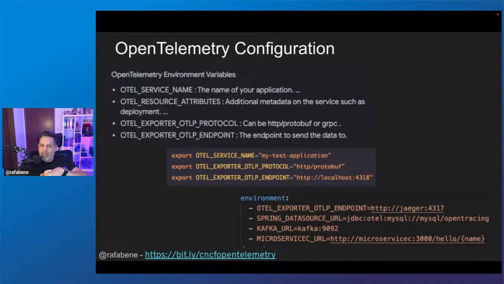What kind of configuration can I give? So many configurations, but there are some special ones, which is the OTel service name, where you can give the name of the service, resource attributes, protocol, and the endpoint where I will send the data. In my case here, I will send to Jaeger at port 4317.